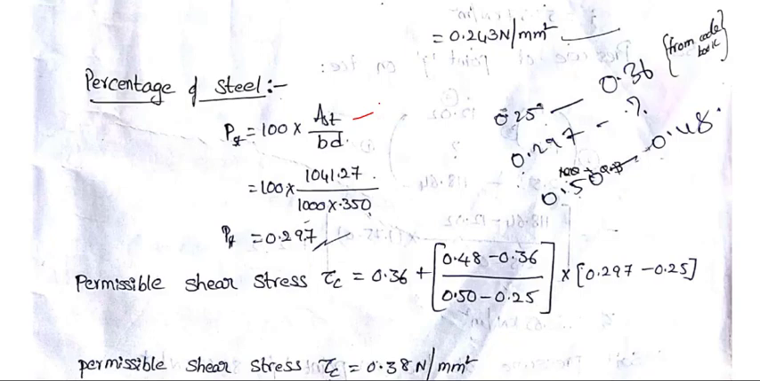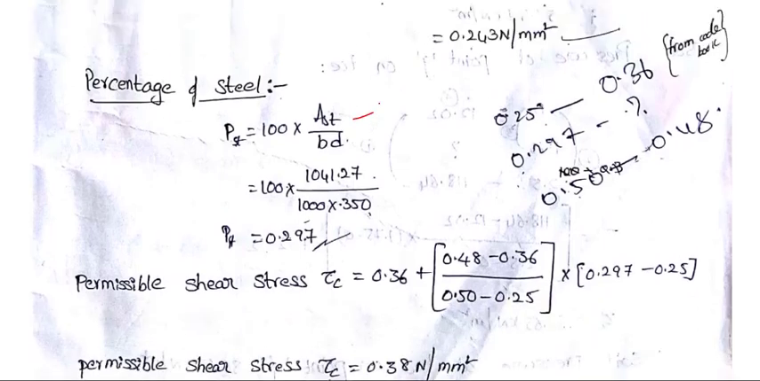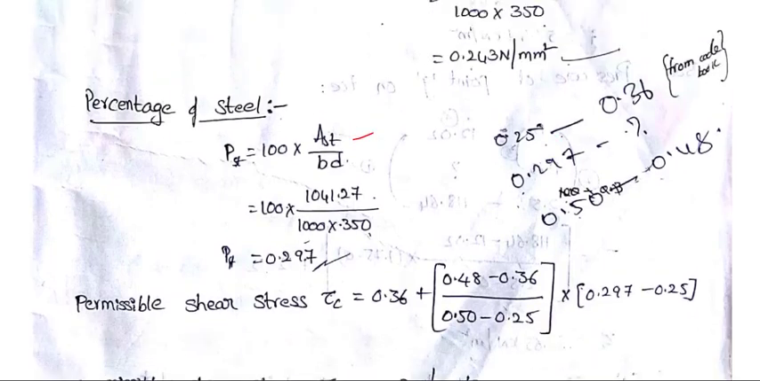so 0.297. So why we need to calculate means we need to find whether the structure is going to sustain that shear force, shear stress. So we need to check this one. To check this one, go to the code book,